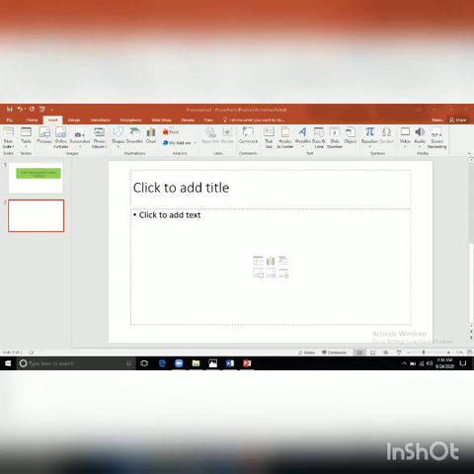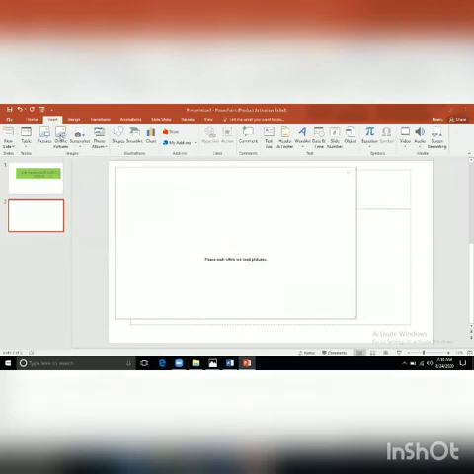You can see here there are two. One is pictures and second is online pictures. If the picture is available in your computer, then we can click on the pictures and then we can insert it. And if we want to take online, then click on online picture.